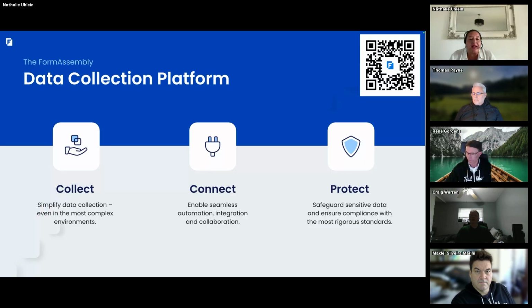What we do is really quite simple. We make it easier for you to move information from the people you serve to the processes that power your organization safely. Now, let's take a look at the platform, but before we do that, please remember to scan the